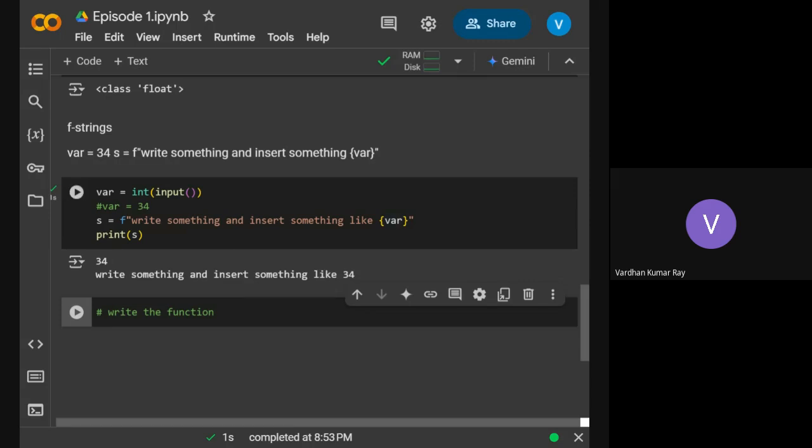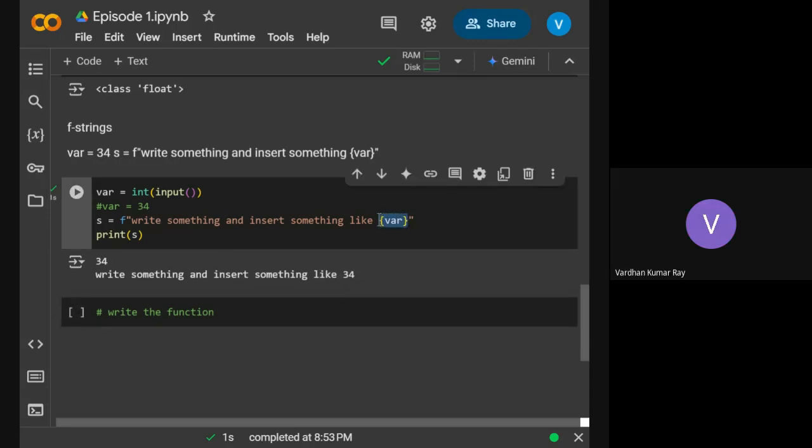So you're updating the string in some way, which is making it more dynamic. Whatever value this variable takes, it will just put it there. It's like editing that thing in some other fashion. It's not the normal way of just writing everything within the code, but you can update or format it accordingly as the value of the variable changes.